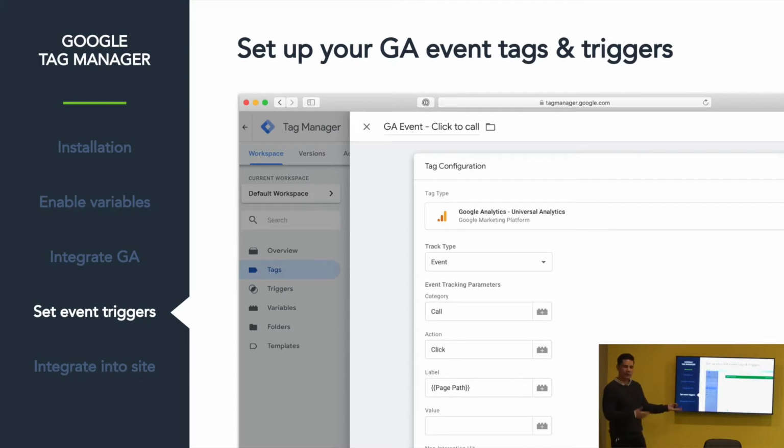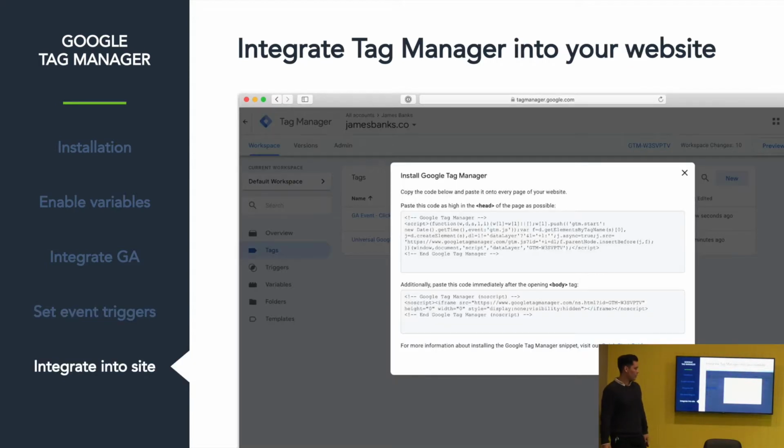So that's how simple it is to set up these event tracking tags in Tag Manager. Add it in, and then basically all you've got to do is grab this code and put it as high up in the head of your website as possible. Then you take this code here. This is a backup code for browsers that have JavaScript disabled, and you put that just after your